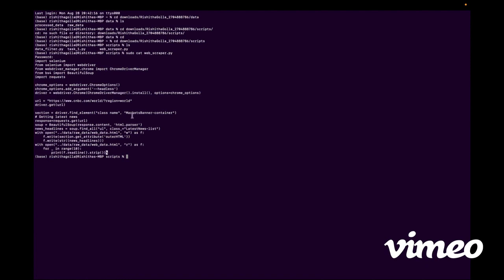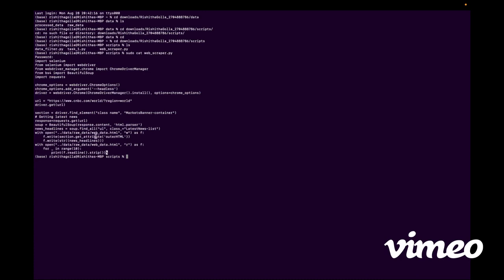And after that, in order to extract the market banner data, I'm using the class name market banner container. So this statement will extract whatever data and tags are under the market banner container. It will collect the data, and I'm storing that in the section. And later on, I used Beautiful Soup in order to extract the latest news data. So I'm getting all the tags under the latest news list,